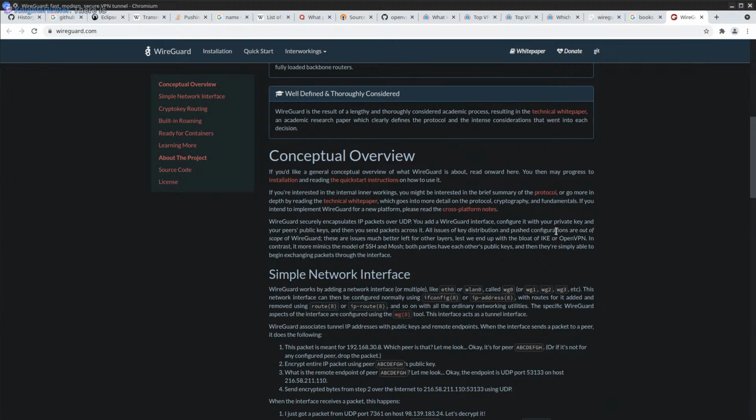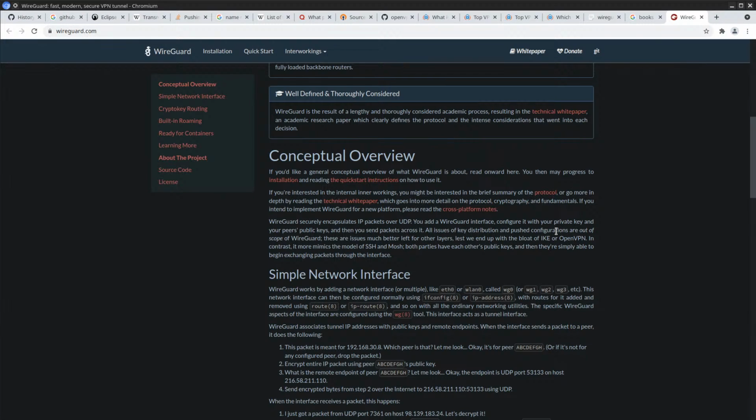You then make progress to installation and reading the quick start instructions. Interested in internal workings, you might be interested in the brief summary of the protocol or go more in depth. Reading the technical white paper goes into more detail on the protocol, cryptography, and fundamentals. If you intend to implement WireGuard for a new platform, please read the cross-platform notes.